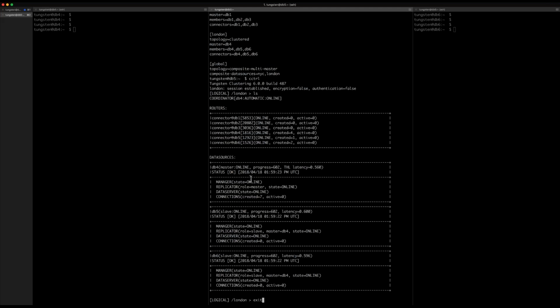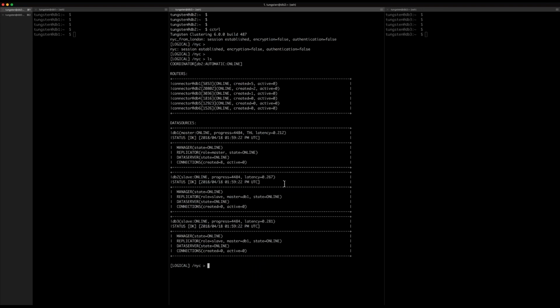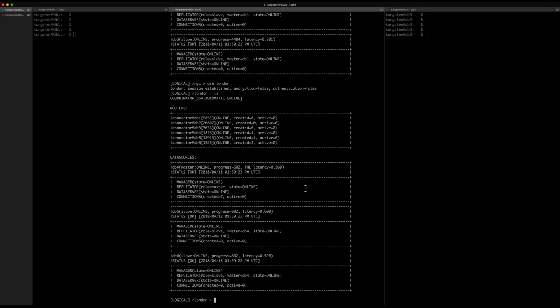I'm just going to exit out of there. I'm just going to go back to my DB2 node here. So I'm in NYC, I'm on DB2, and I'm like, actually, I want to look at London. So I'm just going to use London, if I can type. And that drops me across, and now I can see London, and I'm still connected from DB2, so I can see the state. And then, of course, you have all your normal commands, your switch, shunning, recovery, can all be